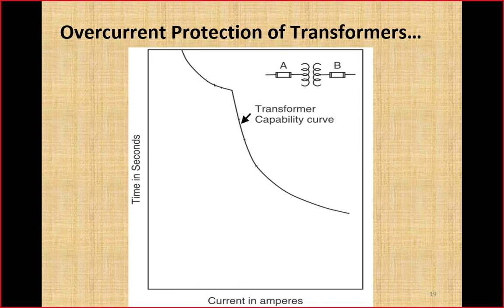This is the first part, that is the transformer capability curve. As we have seen the motor capability curve in our previous lectures, this is a graph between the current and the time. So it means our protection device must respond before this transformer capability curve approaches. The operation time of protection devices must be earlier than that transformer capability curve time. So this curve describes, corresponding to a value of current, for how long this transformer can withstand that current without getting damaged. Once that time has been reached, the transformer will get permanently damaged.